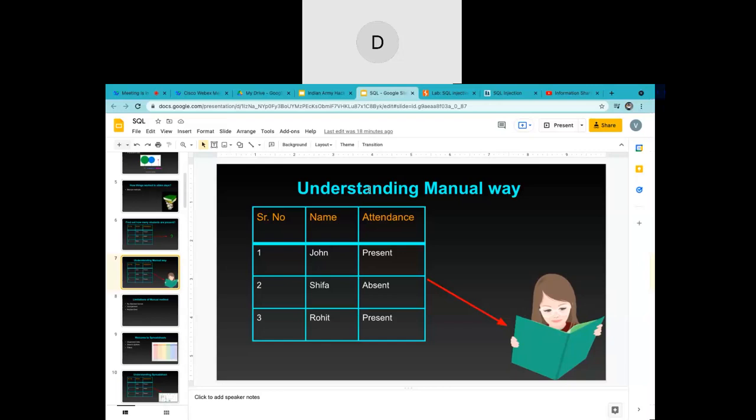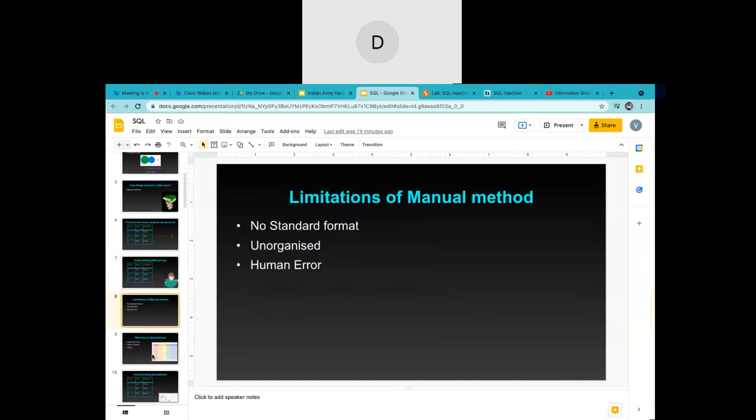So I feel that a lot of disadvantages were there using the manual way. The first disadvantage was that the data was not organized. There was no standard format. My register would look different from the other classes' teachers' registers, or from any other in the whole school. So everyone followed their own format, everyone had their own style of writing it, and at any time if we needed that data it was not accessible, that means we needed to travel to the particular place to access that data. So all these disadvantages were then filled by the spreadsheet.